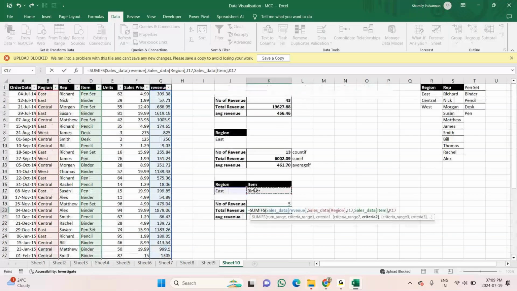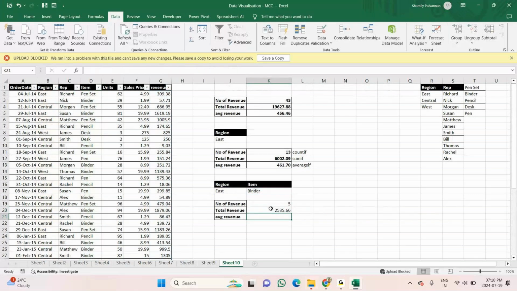Let me close the bracket again, enter. So this is the total sales that has happened.